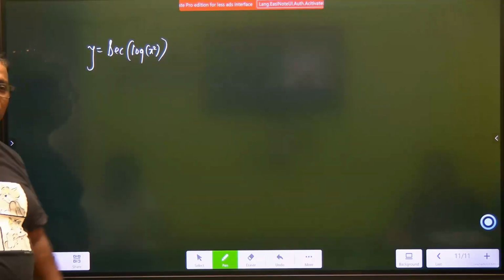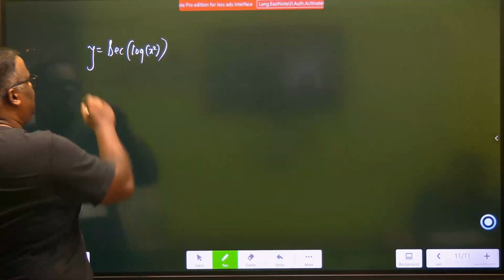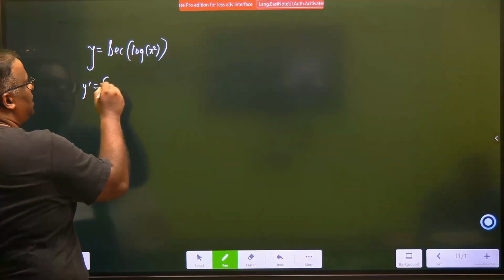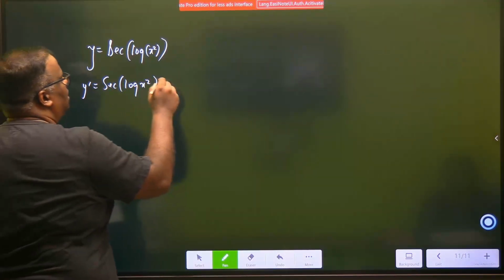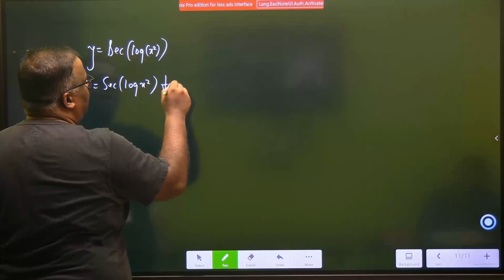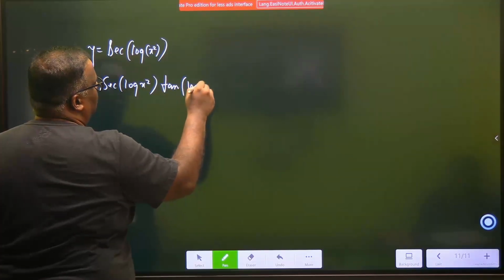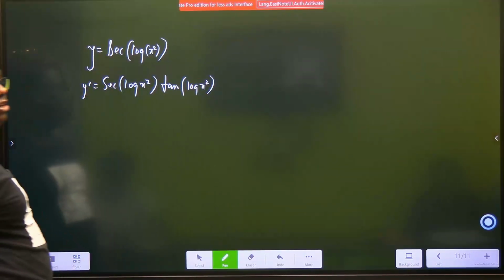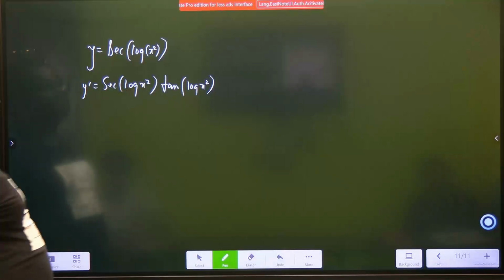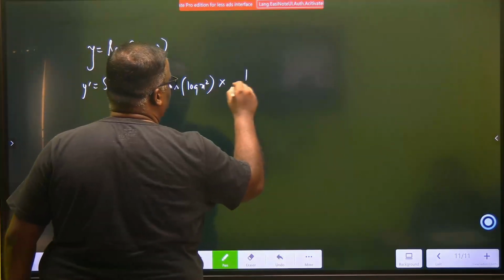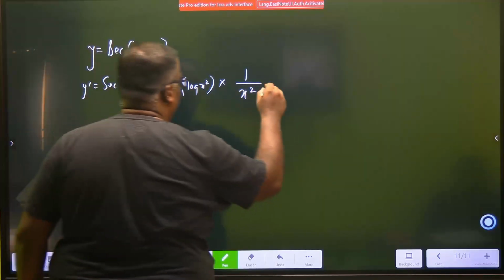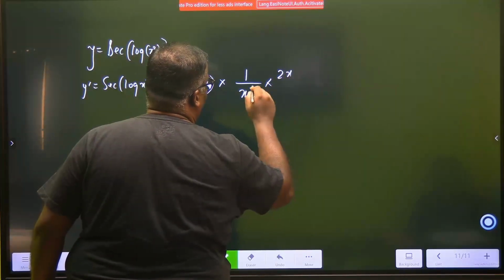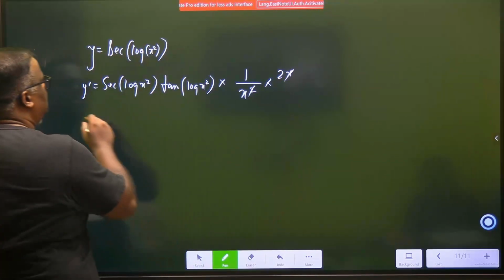So it will be sec dog tan dog. So let's write sec dog, sec of log x square, and then tan dog x square. Then you have to differentiate the dog. The dog is 1 by x square. Now differentiate the x square. So the answer is